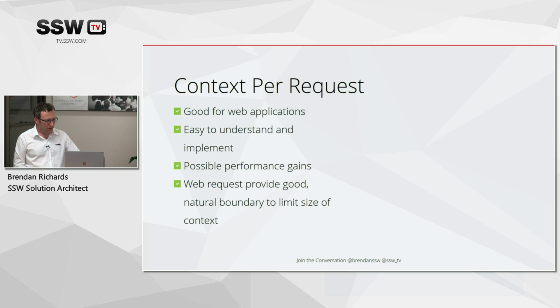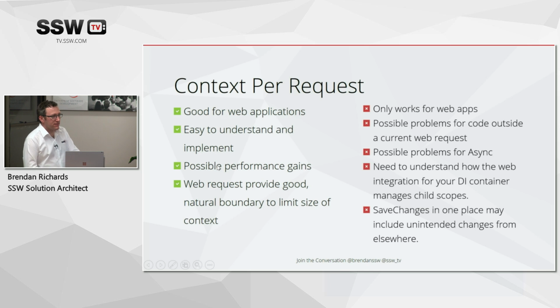Having a context living for a long time is a very dangerous thing because it will start filling up with memory until at some point you've got your whole database in that memory and your system slows to a crawl. It doesn't just fill up, it slows down in a very, very nasty way. So as long as it's kept fairly small, you've got some possible performance gains there because you've got that first level cache available. There are a few downsides for this though.